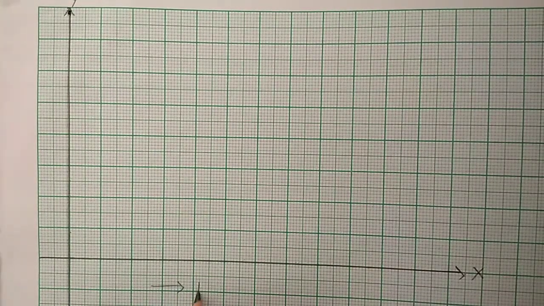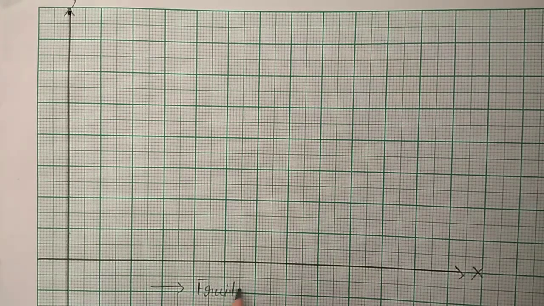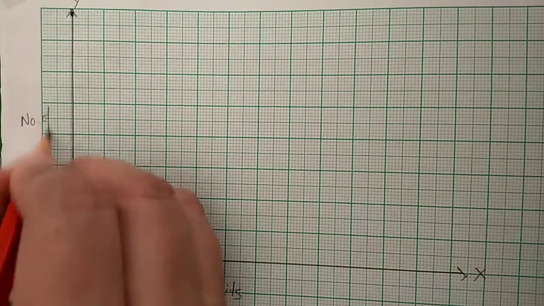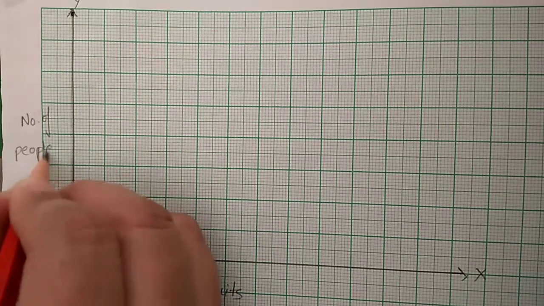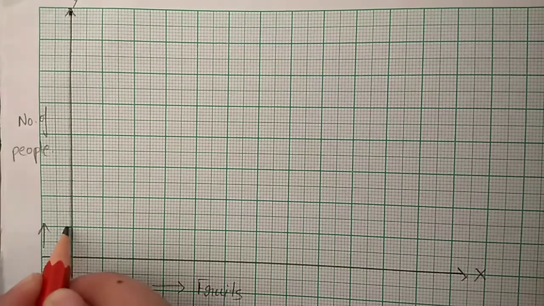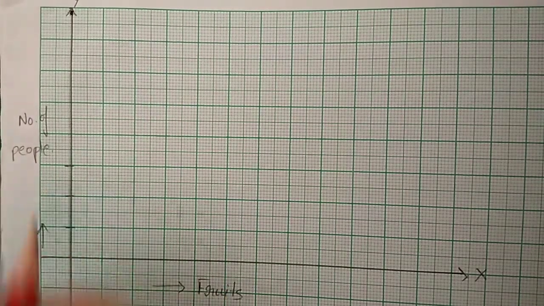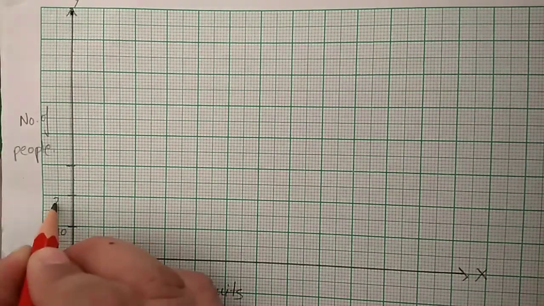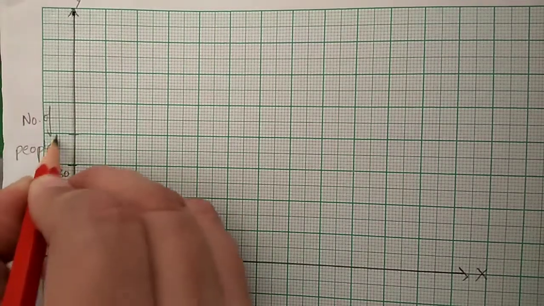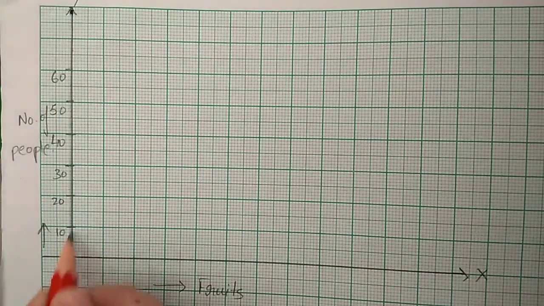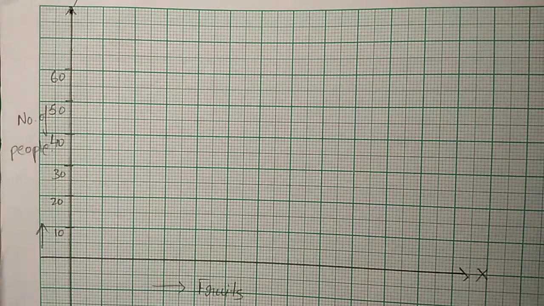Then on the horizontal line we are representing fruits. So write like this, fruits, and on the vertical line we are representing number of people. Then here you have to take the scale. We have 45, 30, so we can take 10, 10. Always this scale should be the same. Suppose one block you have taken as 10, it means you have to follow the 10 table: 10, 20, 30, 40, 50 and 60. If you have taken each block as 5, it means you have to follow the 5 table.